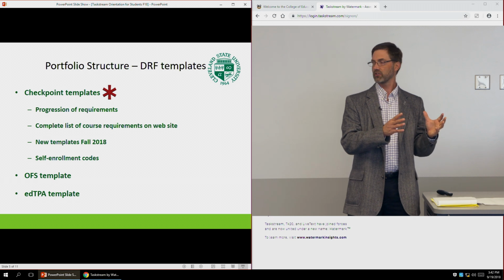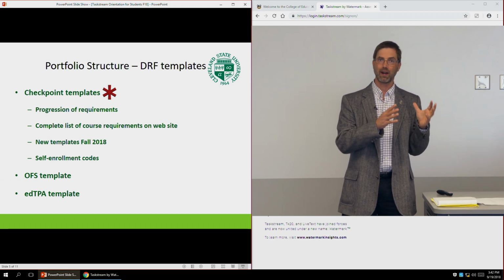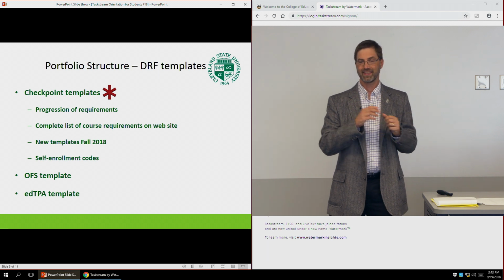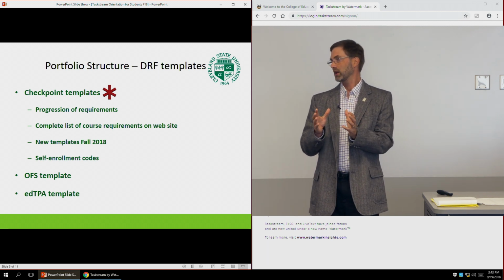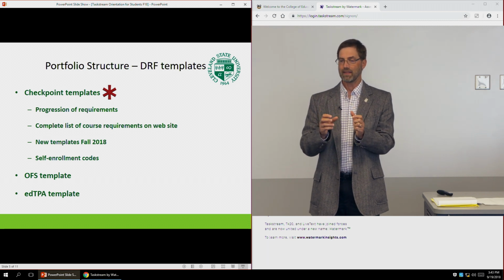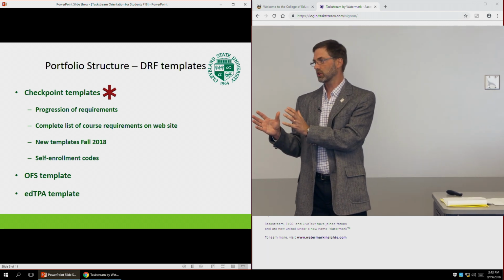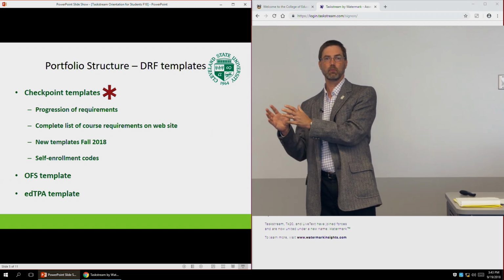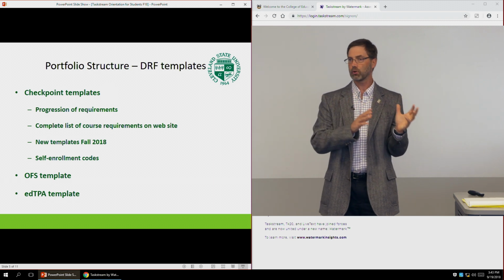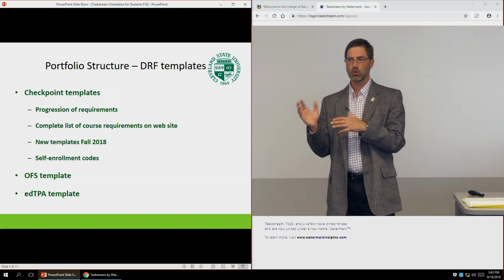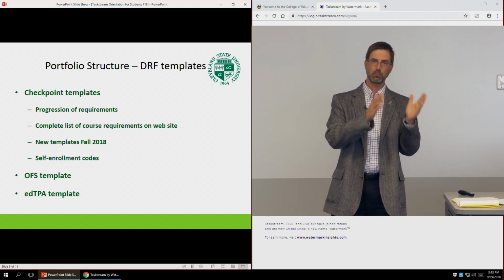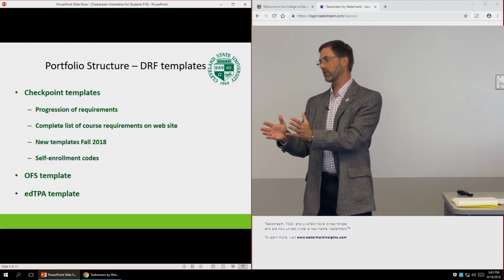The first checkpoint happens before your practicum or before internship 1 or apprentice teaching 1. The second checkpoint happens just before you do student teaching. And then the third checkpoint is the one you're going to do at the end of your program in order to earn your license. So most programs have 3 checkpoints and some of them have 2. But you always have to do a checkpoint before student teaching and always have to do a checkpoint at the